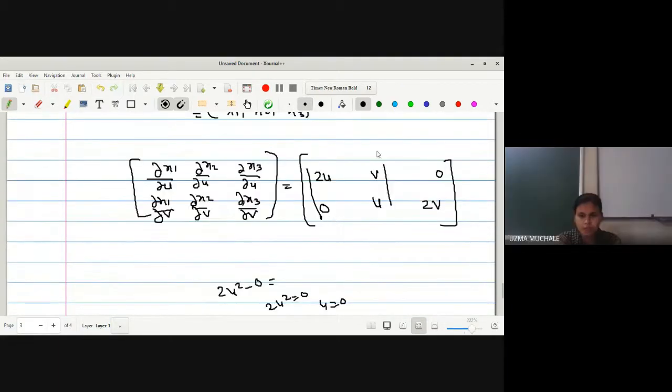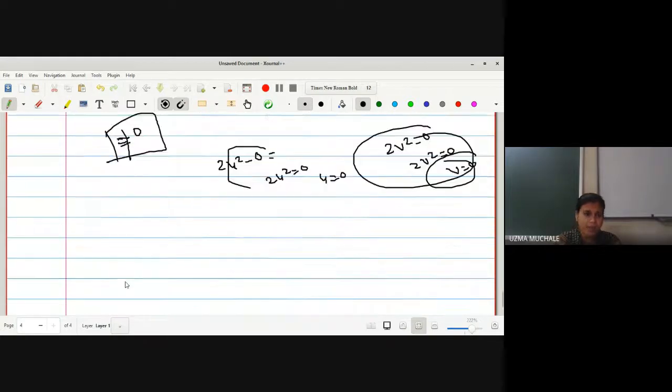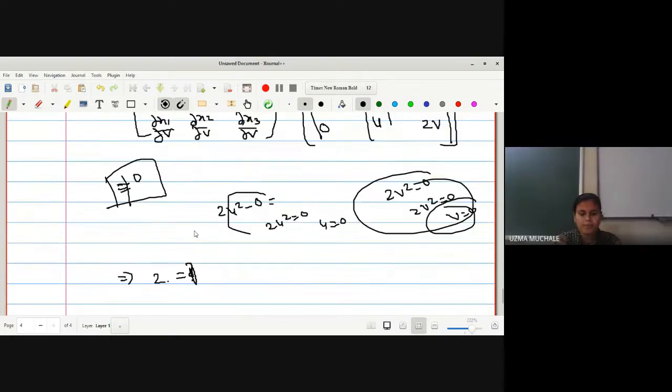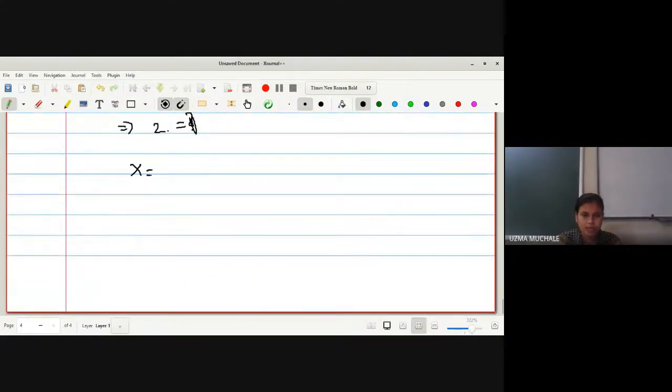Yes, ma'am. So in another way I can have this one. Okay, अगर हमने ये चेक किया 2v square minus 0, again 2v square will be equal to 0 only if your v equal to 0. So both the conditions are not possible, so we can see the rank of every 2 cross 2 matrix is not equal to 0. If it is not equal to 0, it ensures that the rank of the Jacobian matrix is equal to 2. बरोबर ना? Yes, ma'am. The rank of a Jacobian matrix is equal to 2, which is a dimension of a domain, and hence we say that X is a regular matrix.